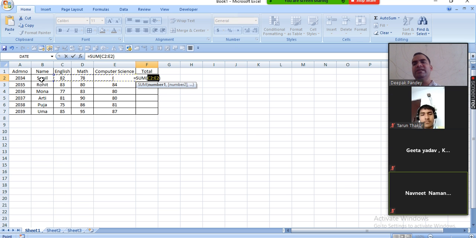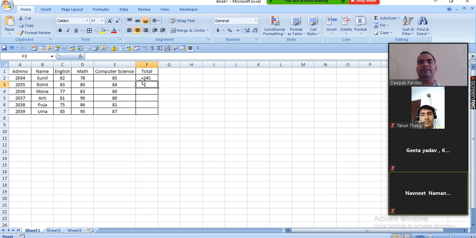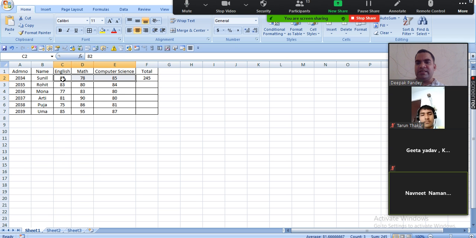Sunil is a text value, so it is ignored by the formula. So it is a perfect and good selection, and we are satisfied with this selection, and press Enter. Once we press Enter, it calculates all the values, the total value from this cell to this cell.